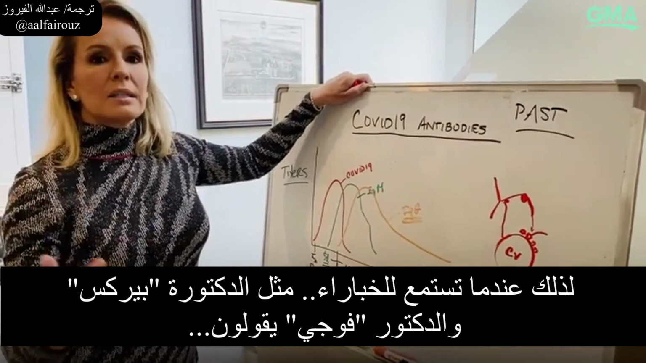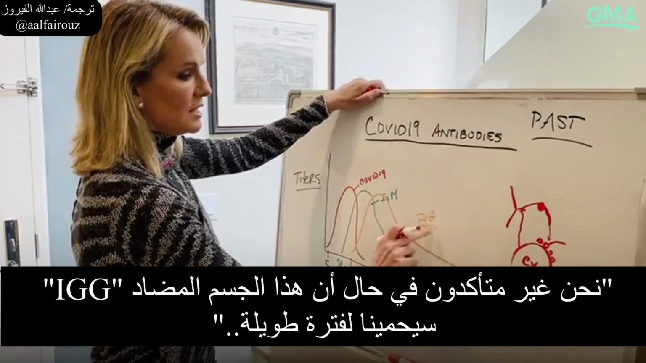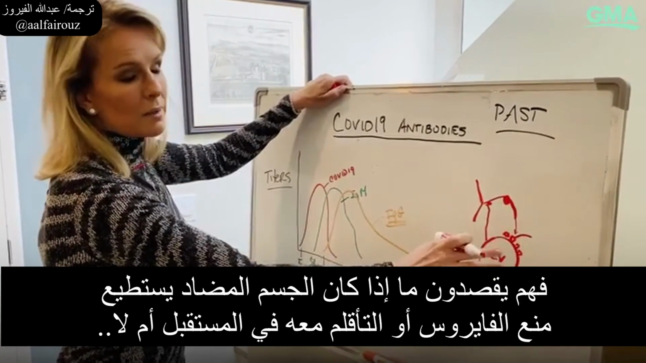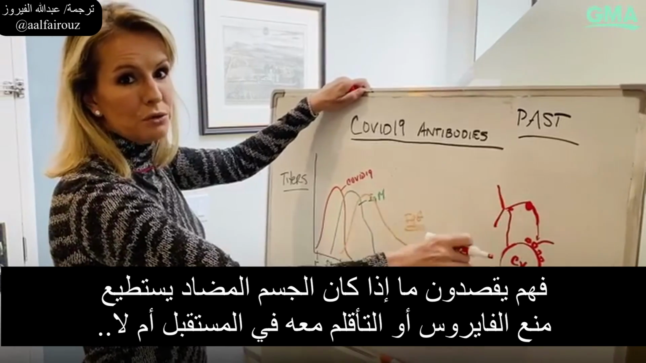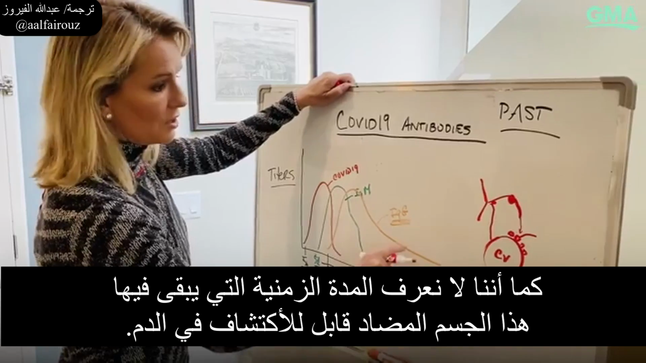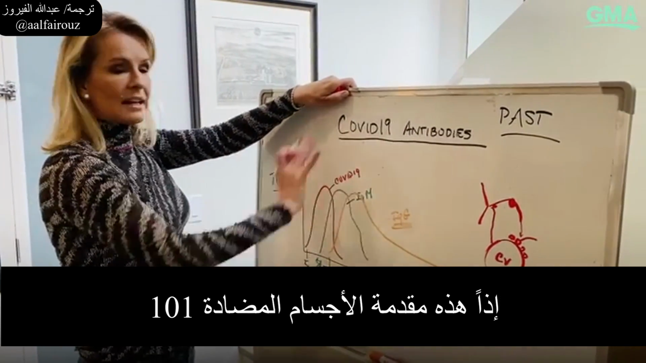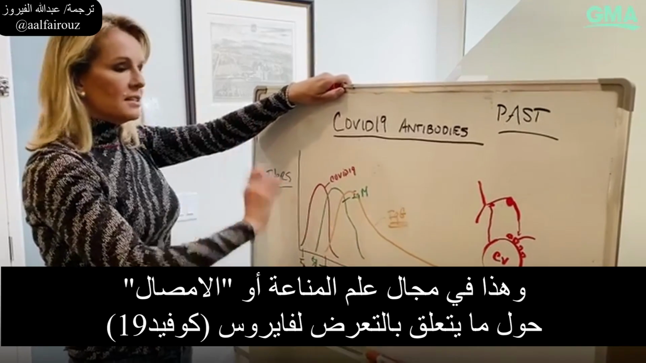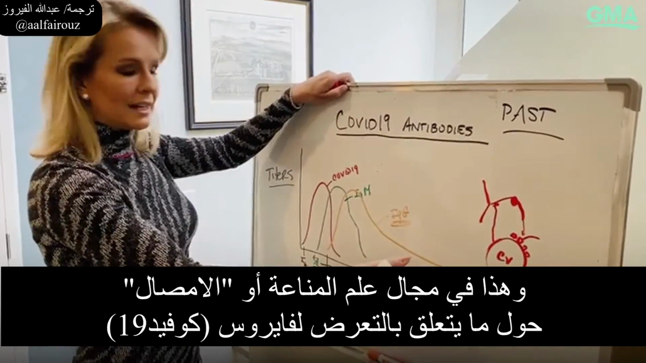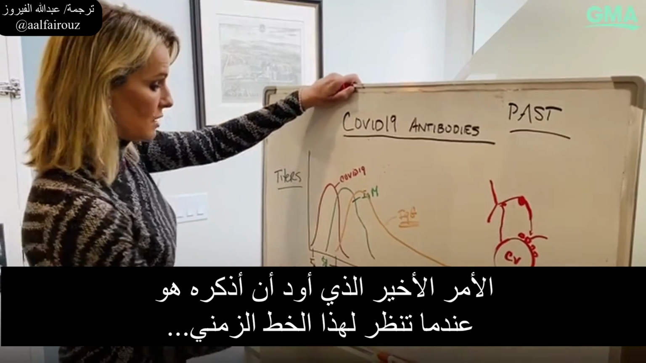So when you hear experts like Dr. Birx and Dr. Fauci saying, we're not sure whether this antibody, IgG, will protect us long term, they're really talking about whether or not the antibody can block or neutralize the virus in the future. We also don't know what time period this antibody will stay detectable in our blood. So this is Antibodies 101. This is the field of immunology or serology when it comes to exposure to COVID-19, and there is a lot we don't know here. The last thing I want to leave you with is when you look at this